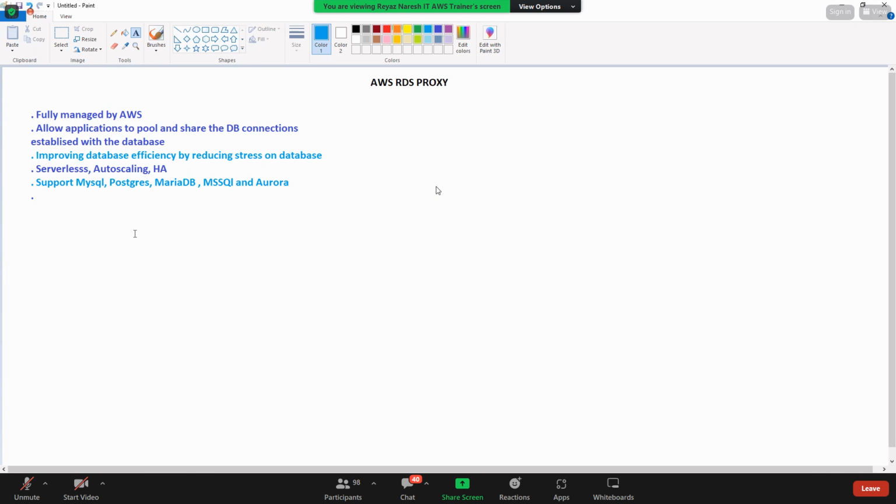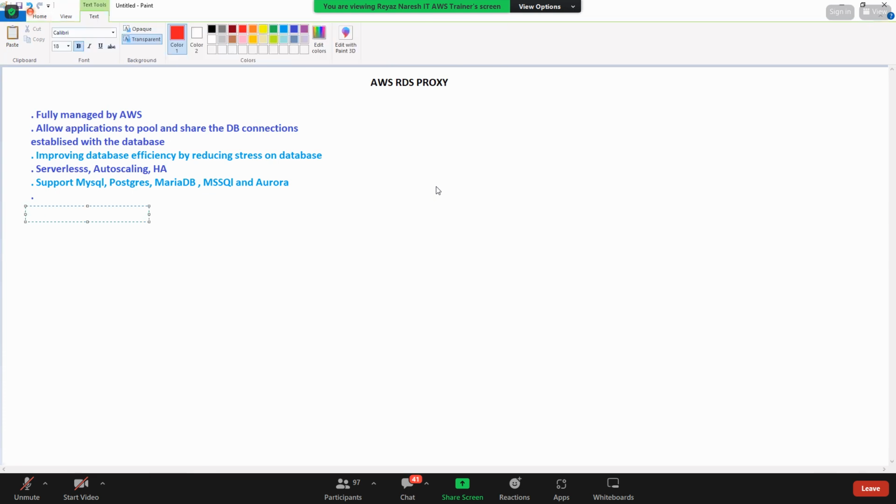Otherwise, there is a service from AWS which is called Secrets Manager. What is that, guys? Secrets Manager is a service from AWS where you put your secrets. What secrets can you put? You can put usernames, passwords, your keys, access keys, secret keys, and then you call your credentials from Secrets Manager. Instead of putting everything yourself, you can have it in Secrets Manager and use it. So please write down, that is a very important service.